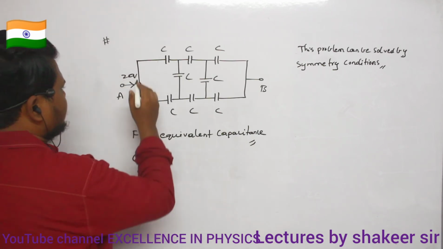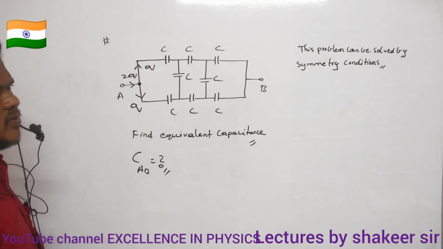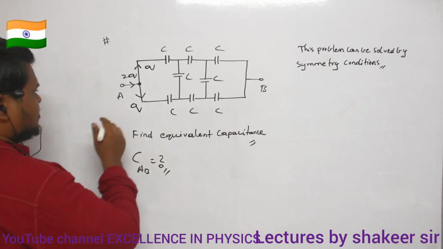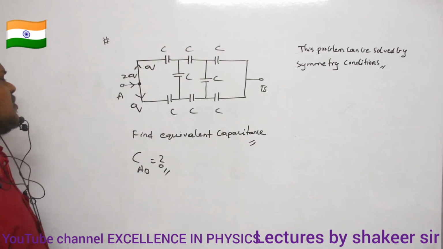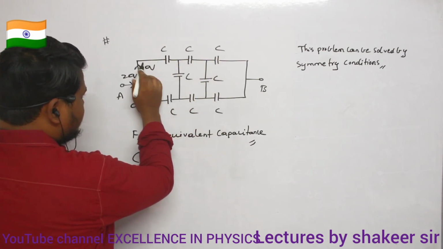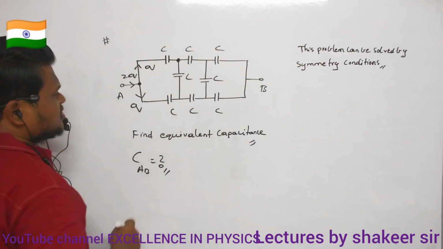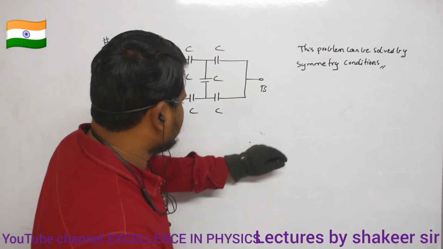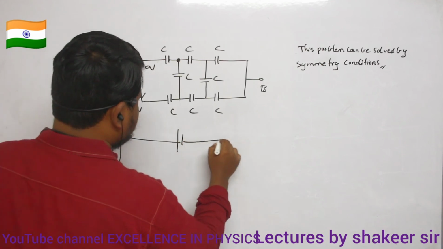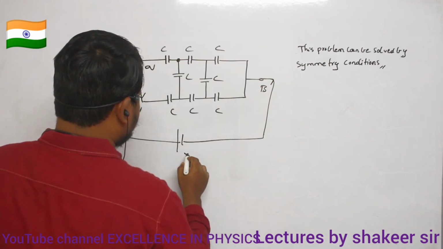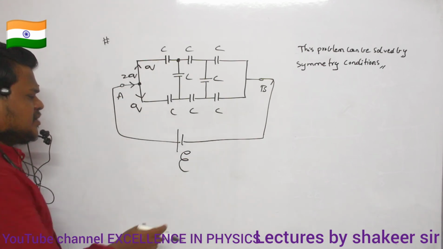So definitely what will happen is, from here q amount of charge will flow, and into this branch also q amount of charge will flow. So the same charge enters into this capacitor and the same charge enters into this capacitor also. So after some charge enters this capacitor, let us consider this capacitor will take some potential. See, this is the total battery which we are connecting. So the total EMF of the battery is E.